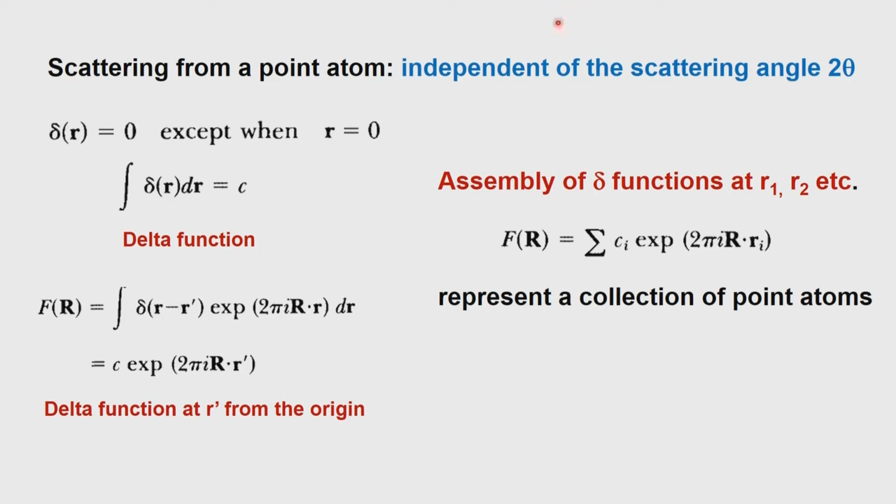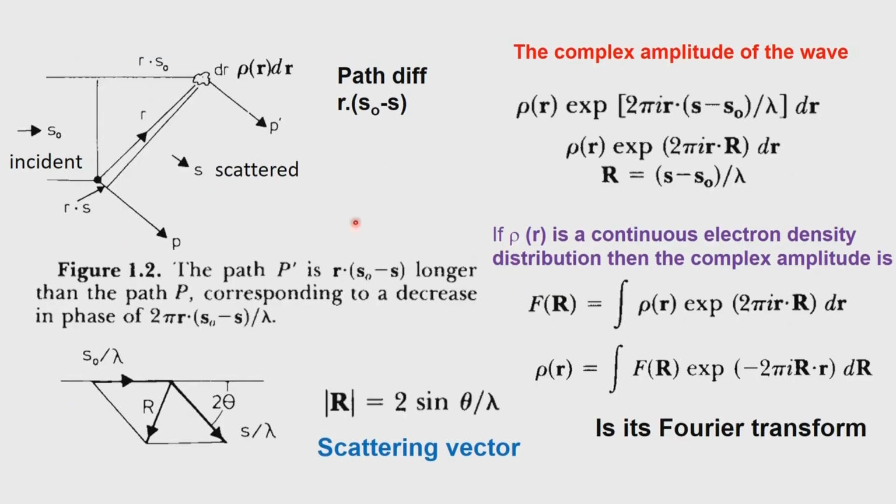In this particular case, because there is scattering from a point atom, the point atom has all the electrons in it. So, we now calculate this quantity, delta r, which is referred to as a delta function. This delta function will be equal to 0 everywhere else, because the atom is only at one point, a single point atom we have taken. Let us say that the atom is located at r equals 0. So, if the atom is located at r equal to 0, in the expression up here, rho of r exponential and so on, there is no dependence on the phase.